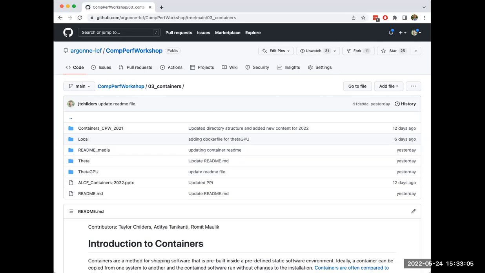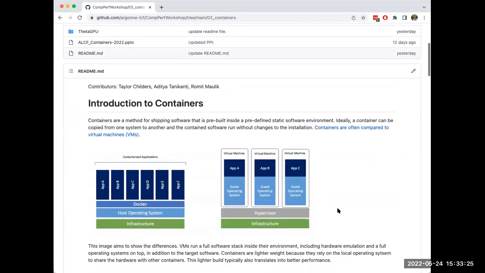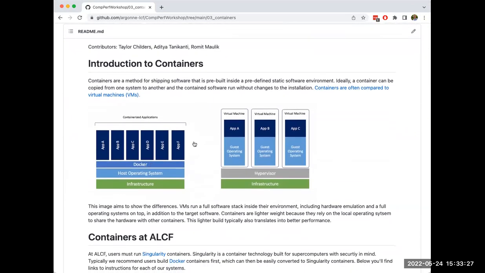And so I'll give some examples and some rules to follow when you're doing that. I'm down in the O3 containers directory. Please feel free to interrupt or insert questions into the containers Slack channel. So if you're not familiar,